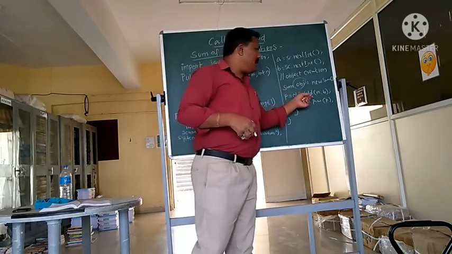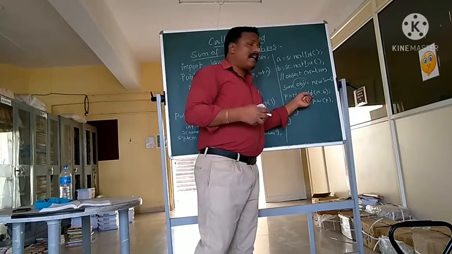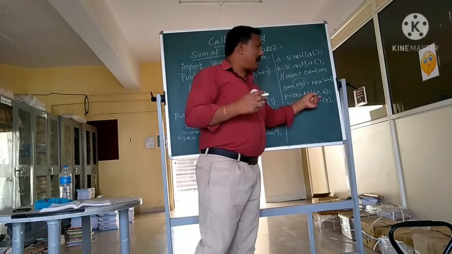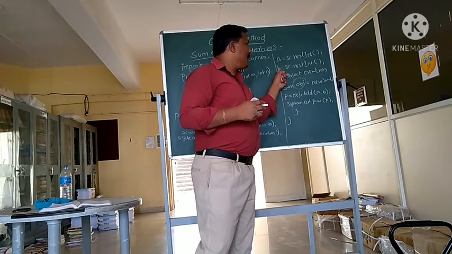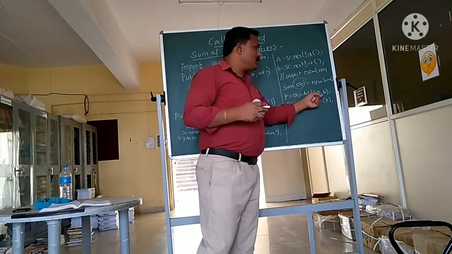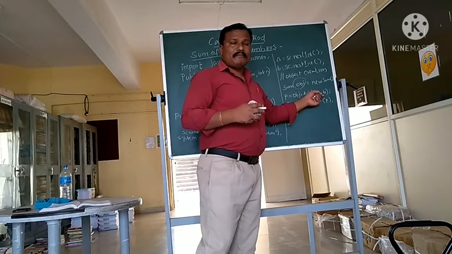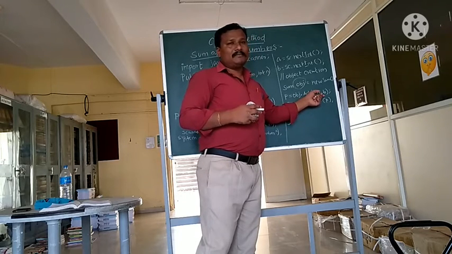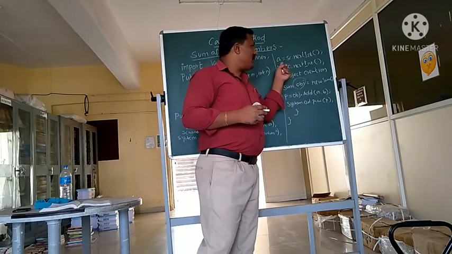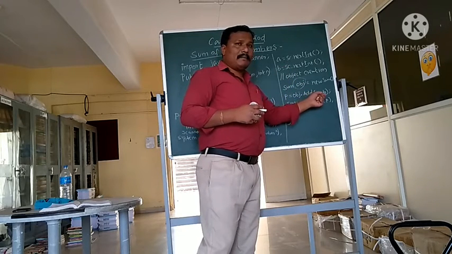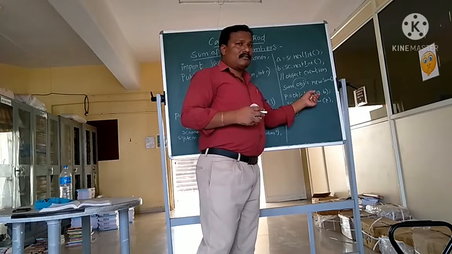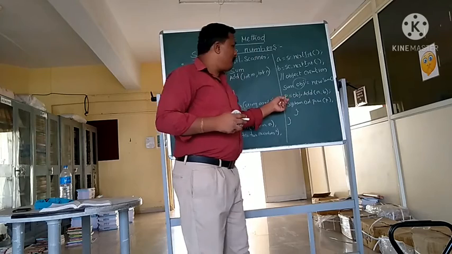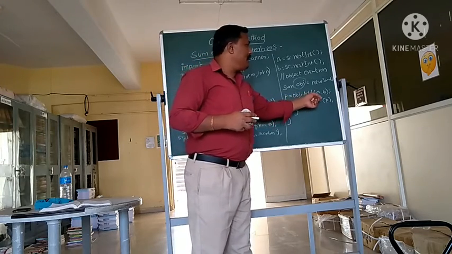When I call, I have to pass two parameters, a and b, whose values I got in the main method. That value I pass through this parameter list. This parameter list we call the actual parameters. a and b are the actual parameters, whose values I got through this call. So p = obj.add(a, b).